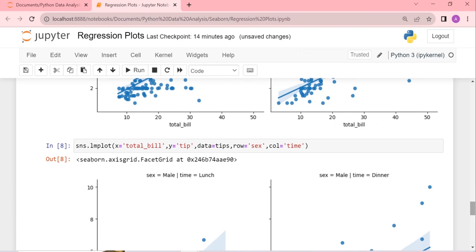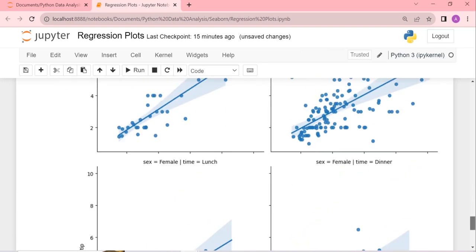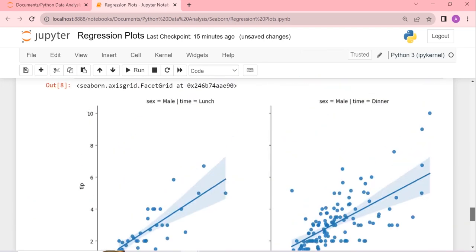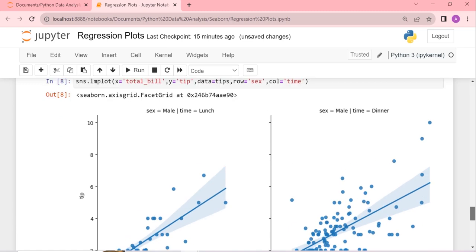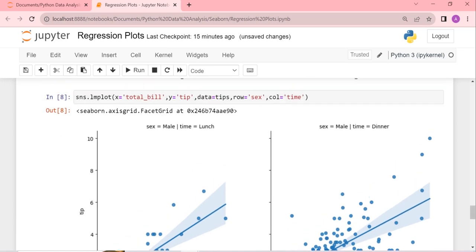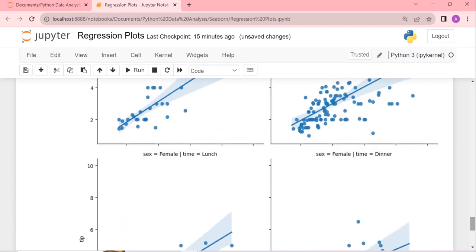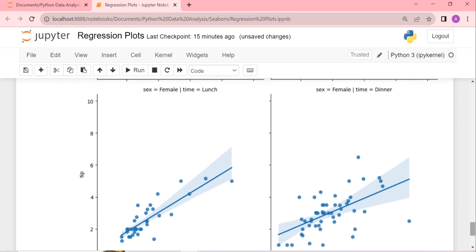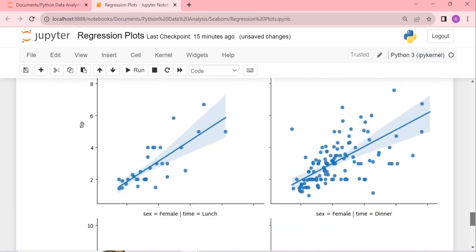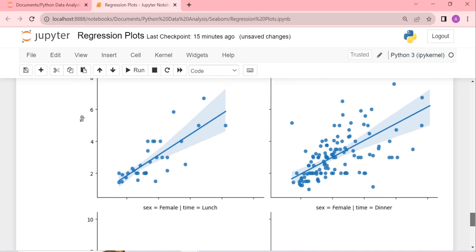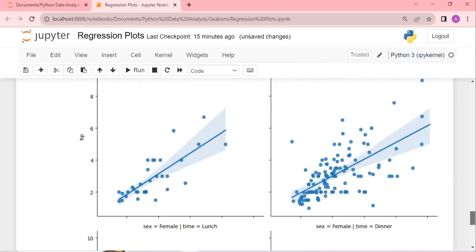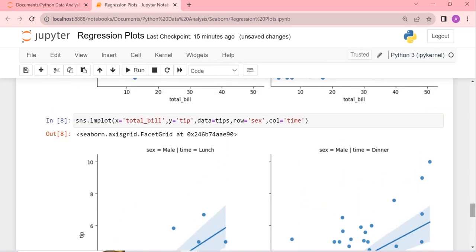So in this example, I've also specified rows and columns. You should be seeing here we have two rows and two columns based on sex and the time, that is the meal time. So for sex male, the time is lunch. For male, the time is dinner, and then for female, the time is lunch, and for female, the time is dinner, and it is plotting the lmplot for total bill versus tip based on male and female, that is